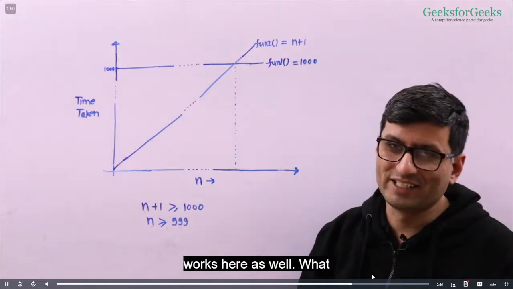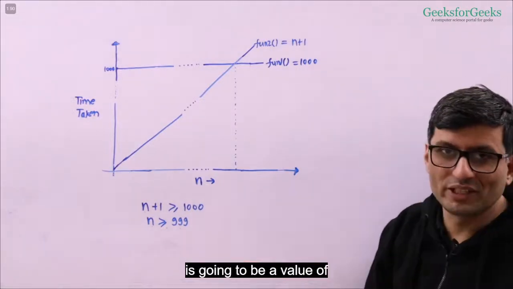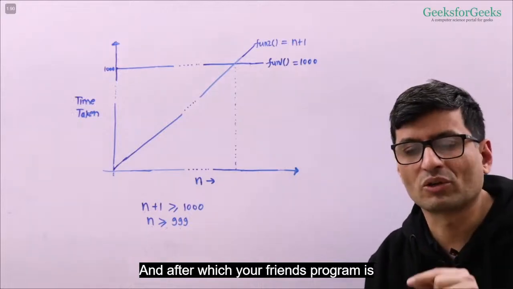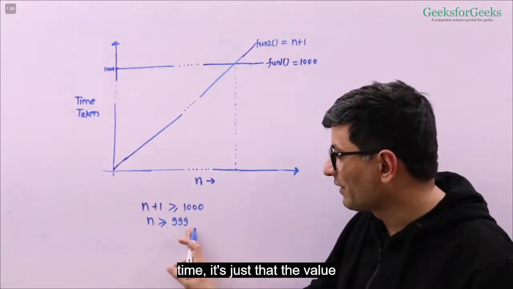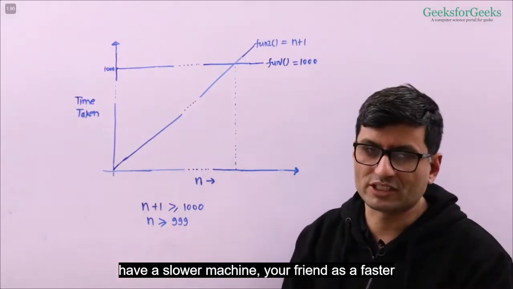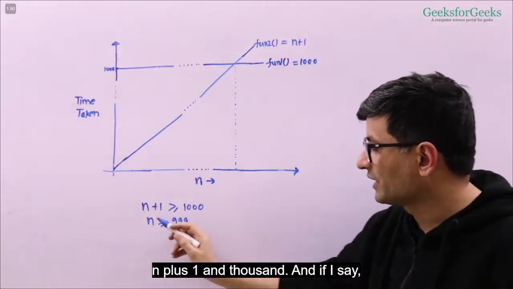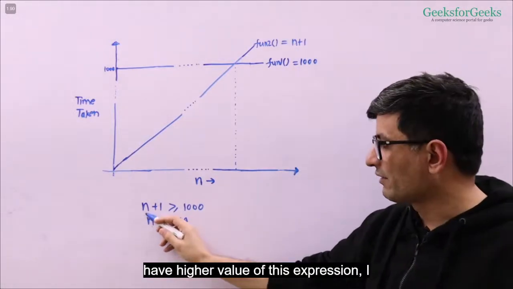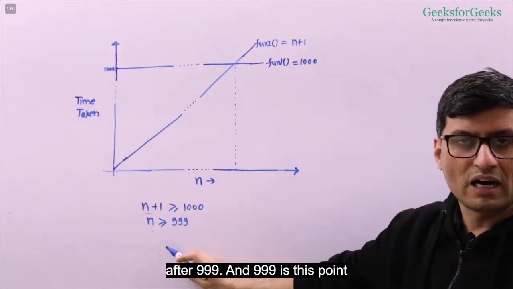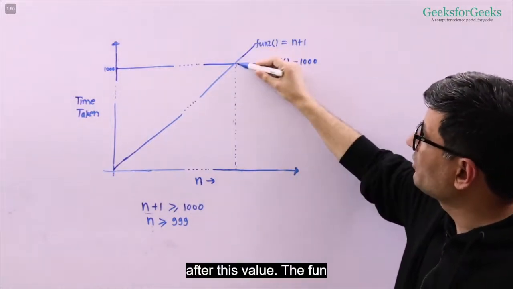asymptotic analysis works here as well. What is going to happen is there is going to be a value of n after which your friend's program is always going to take more time. It's just that the value of n is higher this time because you have a slower machine and your friend has a faster machine. So if I compare these two functions, n plus 1 and 1000, and ask for the values of n for which this expression is higher, I get the value of n as 999. After 999, and 999 is this point. After this value,